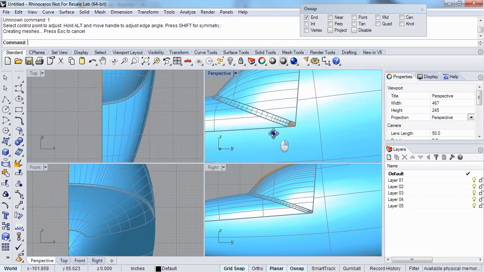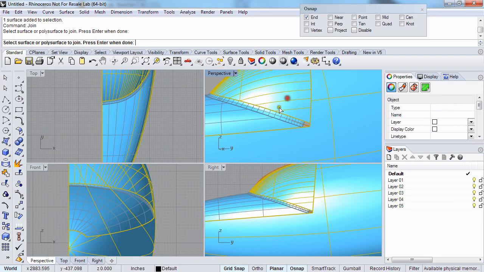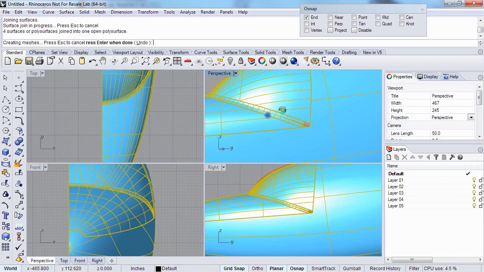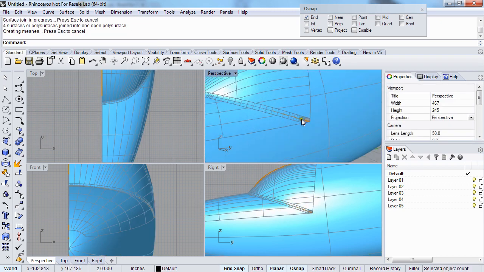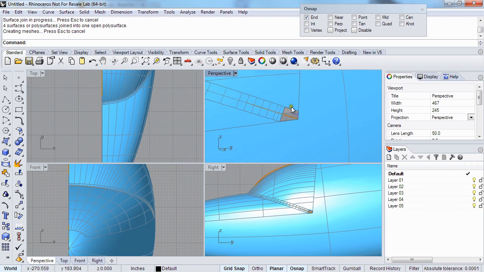So, all right, I'm gonna hit enter. And I'm going to join up all of this. And I'm left with a small rectangular, well, trapezoidal surface here that I'm just going to, in this case, fill in with a surface network